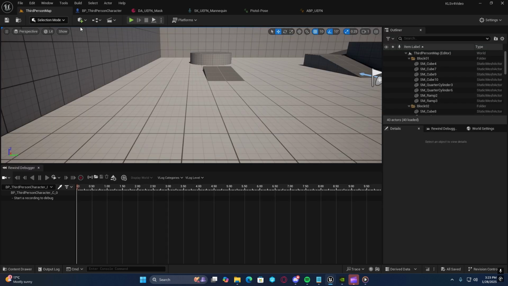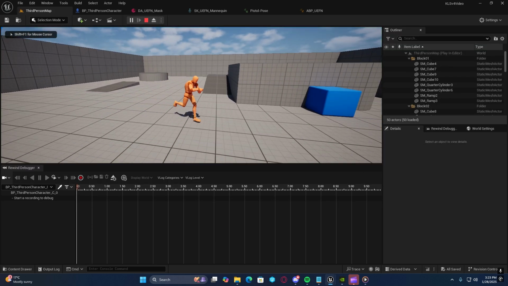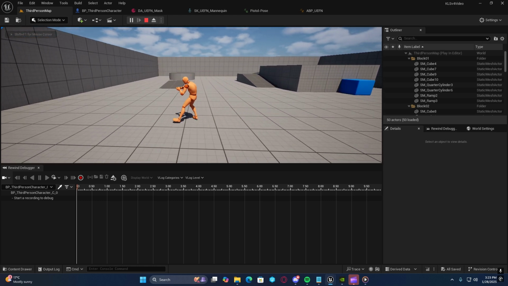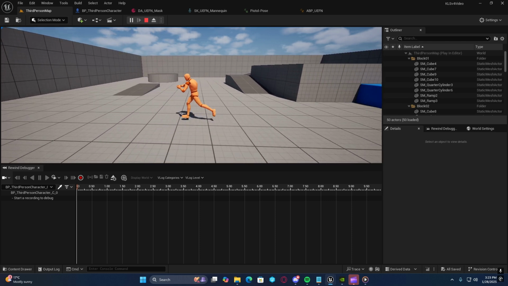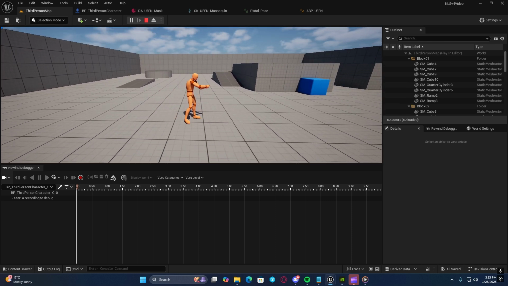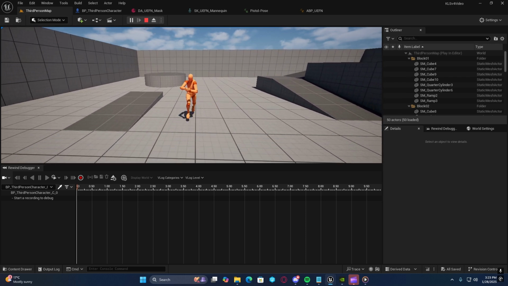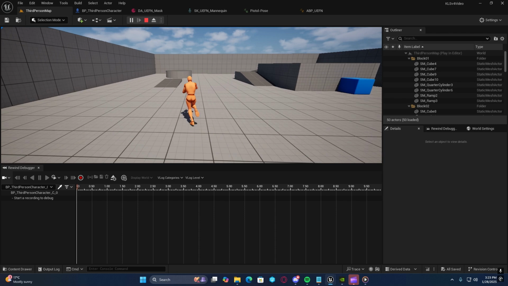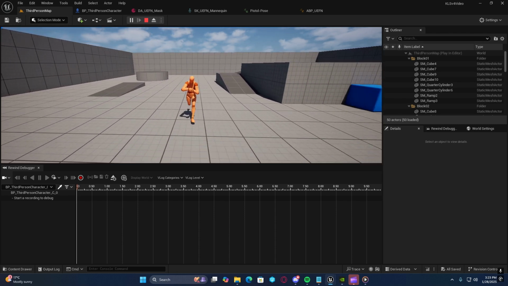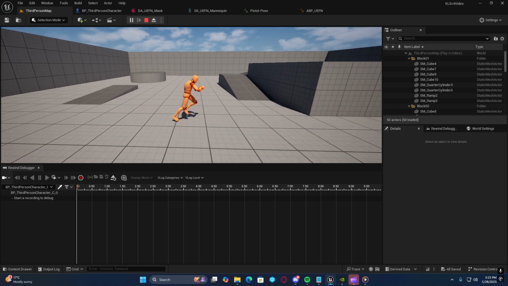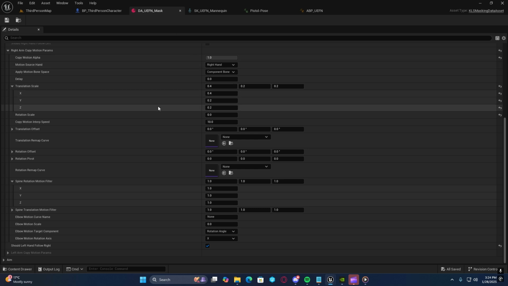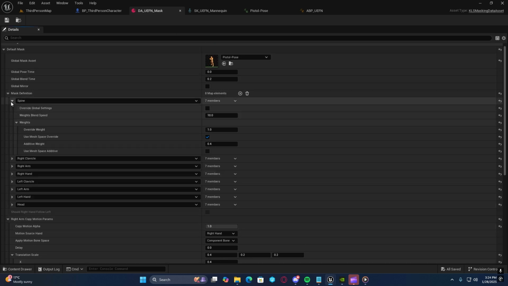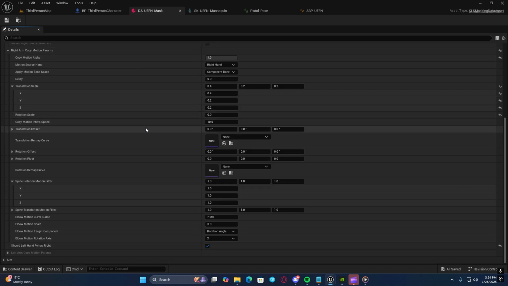Let's assume that now you see how when he moves, the hands move up and down with him. They're following his body. But let's say that you want to aim, but you want the hands to stay where they are, but you don't want to make the body fully stiff. Up until now, that was the only option, is to stiffen up the body so the hands would stay where you want them to during aiming. But you can, and you stiffen it up by making the spine not move, so making the additive 0. So the idea here is this. This was added